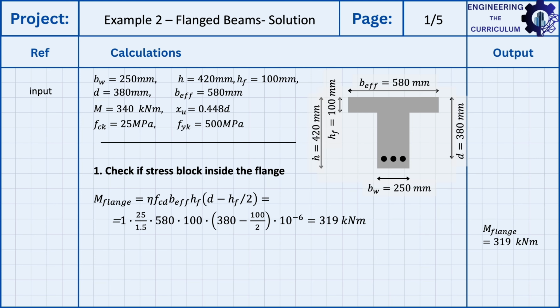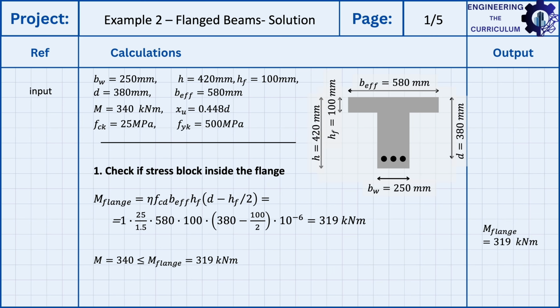We then multiply that by 10 to the minus 6, and that is just to organise my units, because FCD is in megapascals, which is newtons per millimetre squared, and the rest of the units here are millimetres, and I want to view this moment in kilonewton meters, and that's just to make it easier to compare to the moment that I already have. If I do this calculation, I find out that the moment in the flange is 319